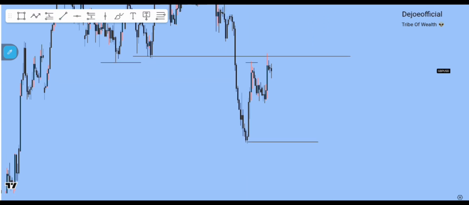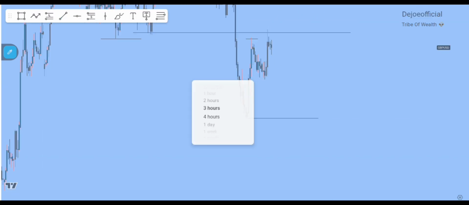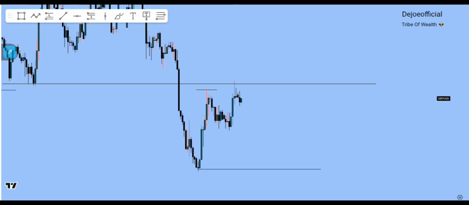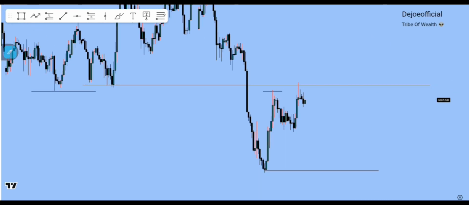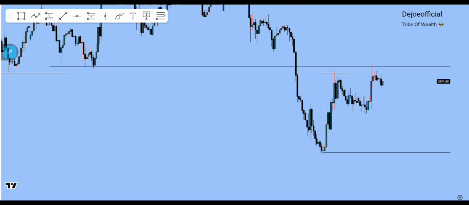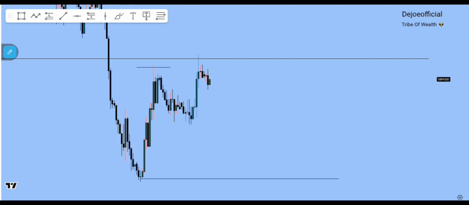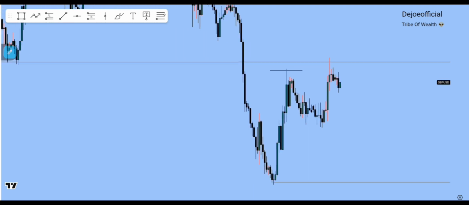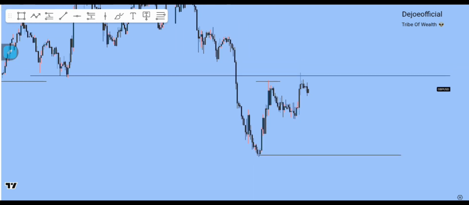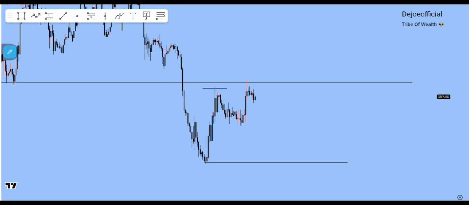So going down to 3 hours time frame. On 3 hours time frame, as you can see, it's also a valid one. It's also the same thing. So 2 hours time frame. On this 2 hours time frame, it's also the same thing, a breaker block. It's essentially coming from a breaker block. So now go down to lower time frame to look out for my entries, since it has already tapped into the zone I'm expecting for sell. So now look for confirmation and then sell.